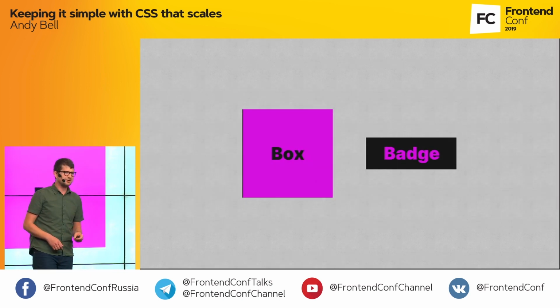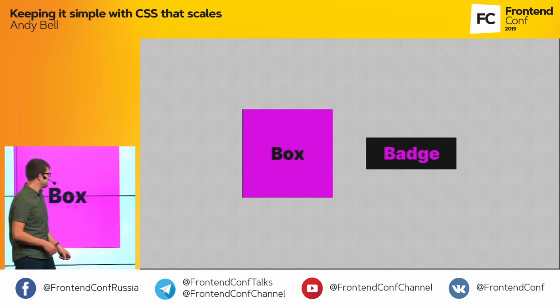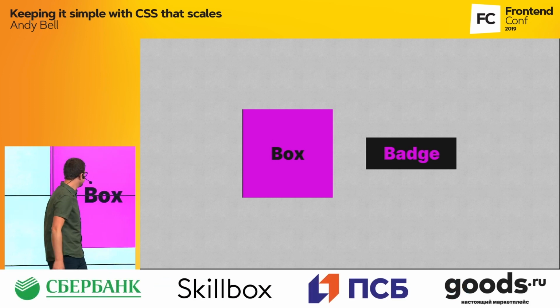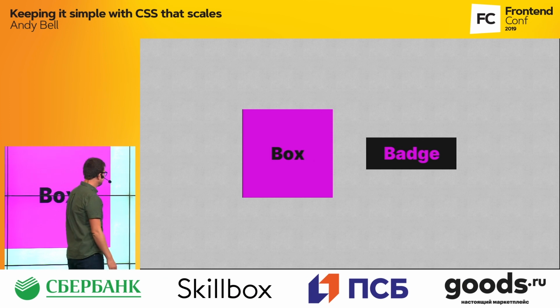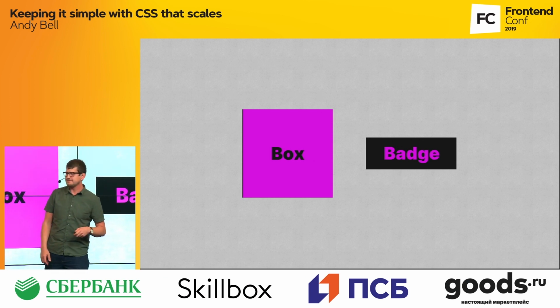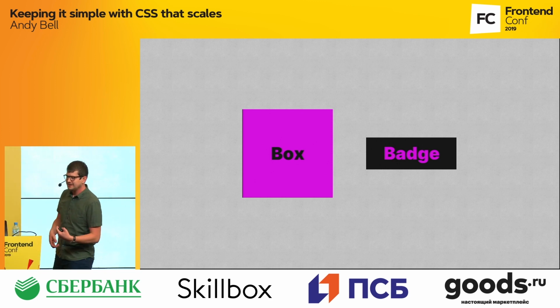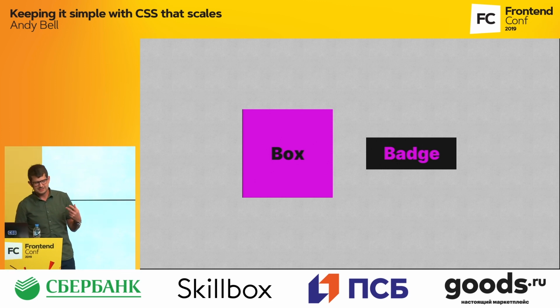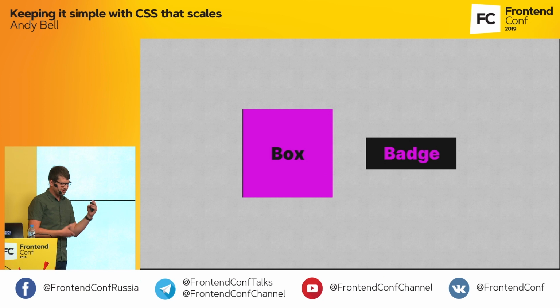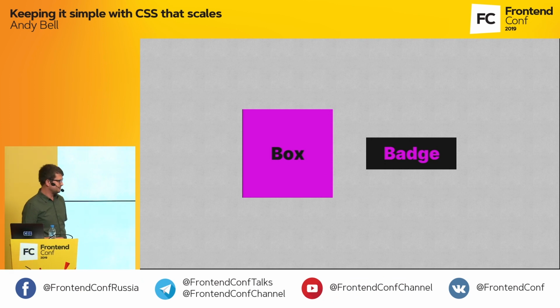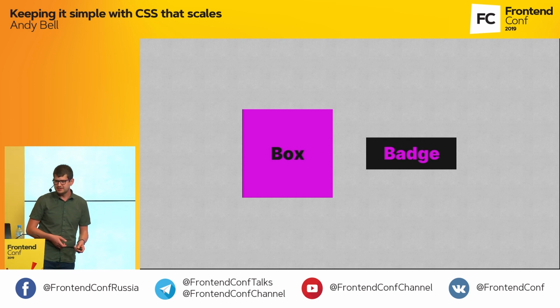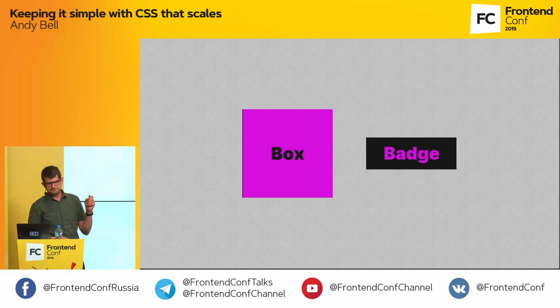So now you get to see the one and only full color slide of this presentation. You get this abomination where you've got a bright pink box and then badge written in bright pink text. And that's cool, and it's a really powerful way of creating these scalable CSS setups, because we've got all these features that we were dreaming of available to us now, and the support for custom properties is also in the high 80s, so we're looking really good for it.